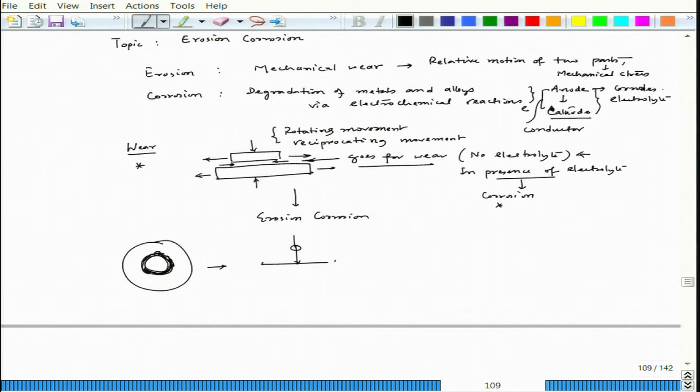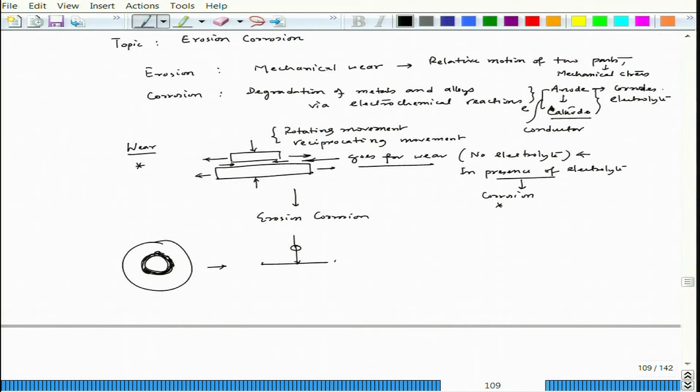Okay. Abrasion means you have a swiveling action, because the pin will try to force that material to get removed. It is just like a machining operation to some extent, but if it is adhesion, because of that pressure and because of the friction, there will be heat generation, and that heat can have a little bit of cold working effect and or a little bit of local welding, and that can pull apart a little bit of material. So, that time some material loss would take place.